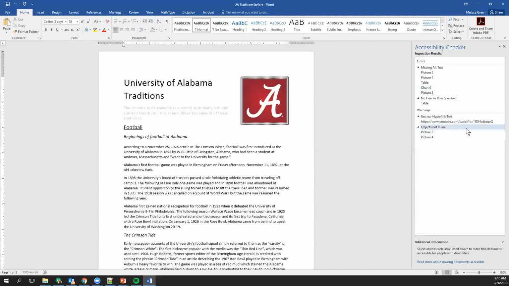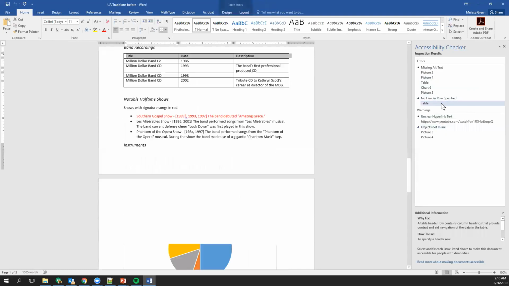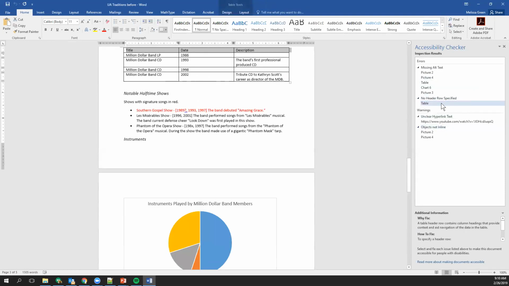My favorite thing about this tool is that it not only indicates where there is a problem and why the problem presents an accessibility barrier, it also tells you how to fix it. So for example, under the no header row specified error, I'm selecting table. When I do that, the Accessibility Checker navigates me to the table where the error is occurring. Then at the bottom of the inspection results in the right sidebar, I get some additional information. So I'm told that I need to fix this error